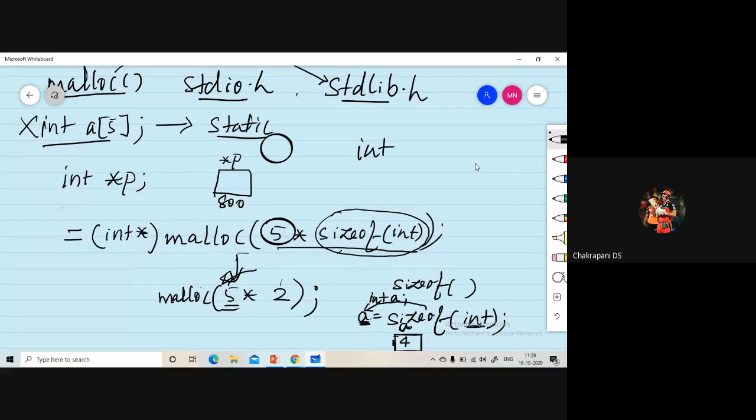For example here, if I write int a of 3, this is called static memory allocation, because when this line is compiled by the compiler, at the compile time itself the computer decides that it has to create 3 memory blocks at the